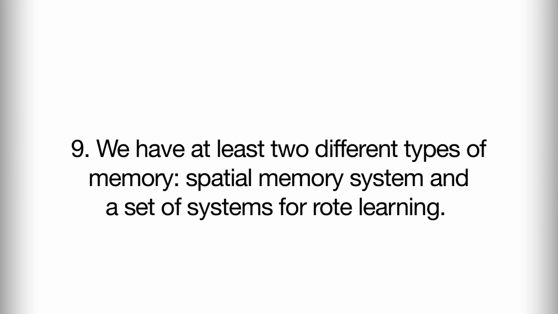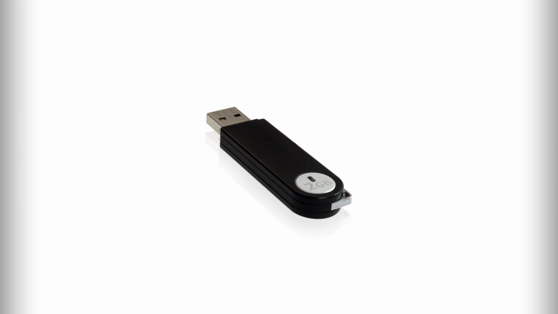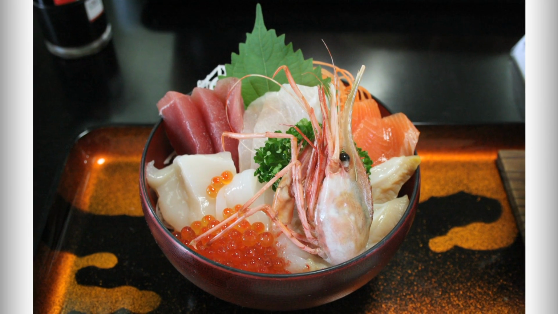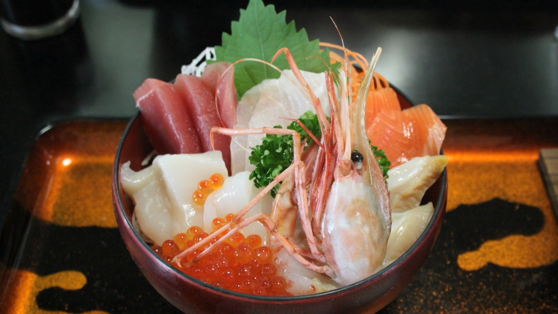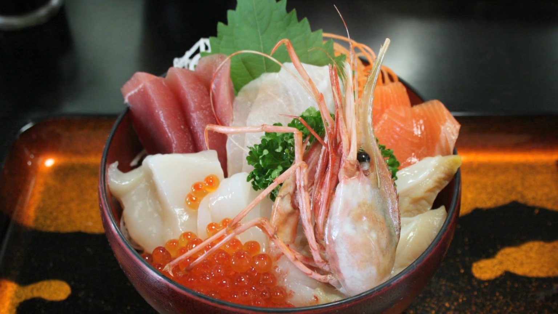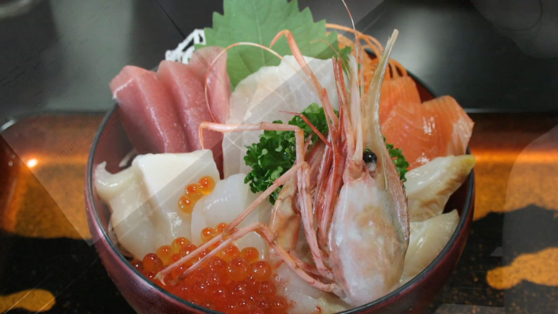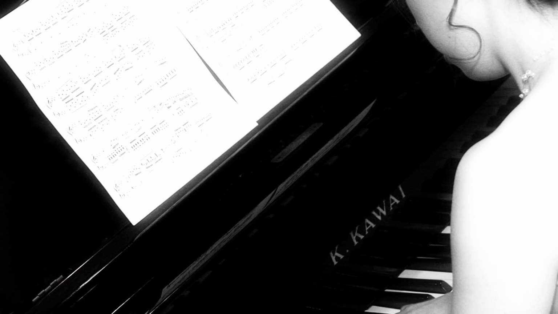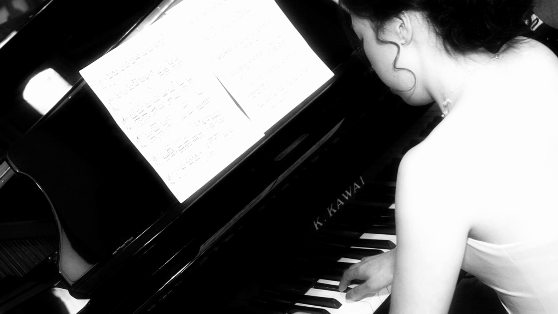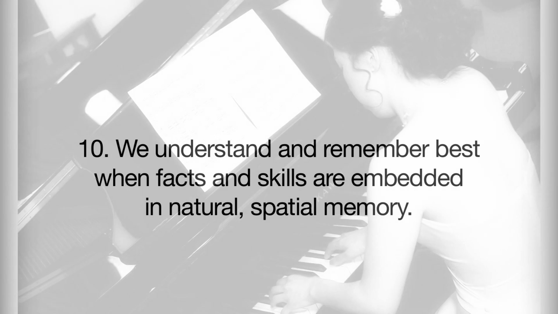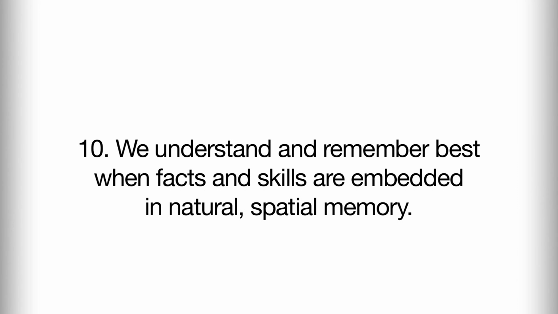Your spatial memory system does not need rehearsal, and it has instant memory. For example, you can probably remember what you ate for your last meal. The second set of memory systems is designed for storing relatively unrelated information. These are the things that you need to rehearse learning, and through repetition and association, these can become part of your spatial memory system. The 10th principle is that we understand and remember best when facts and skills are embedded